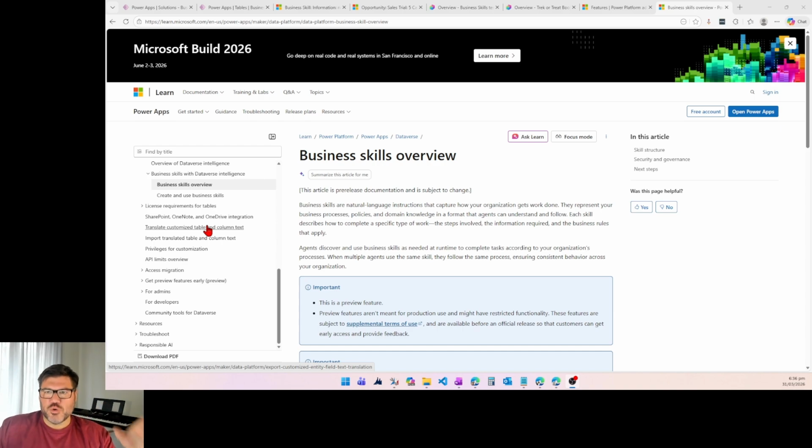All right, as we increasingly move into this agentic era of business applications, one of the biggest questions is how do I make things like Dataverse more intelligent for the agentic era? And one of the preview features that I'm really excited about is business skills. This is something that just came out in the last few months from the Dataverse team, and I'm going to tell you everything you need to know about this new feature and how to get started with it in your